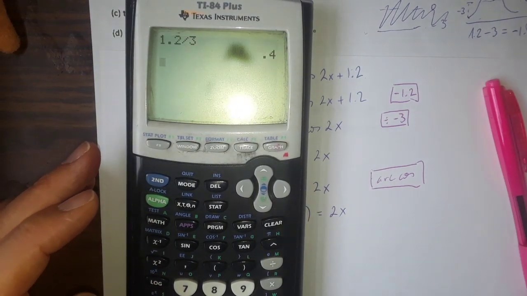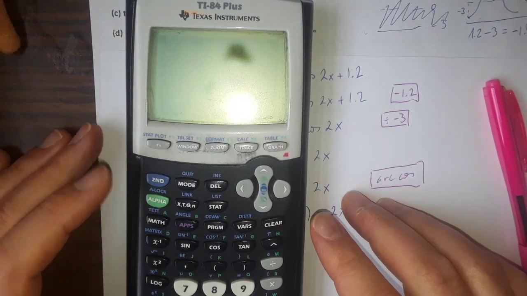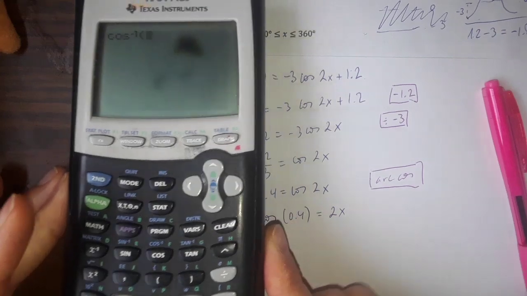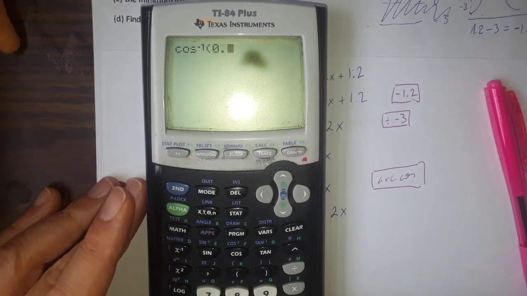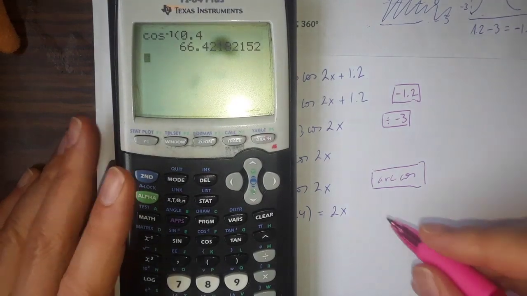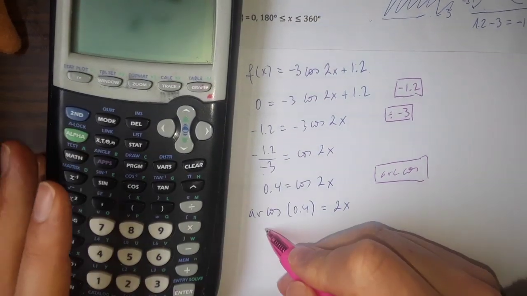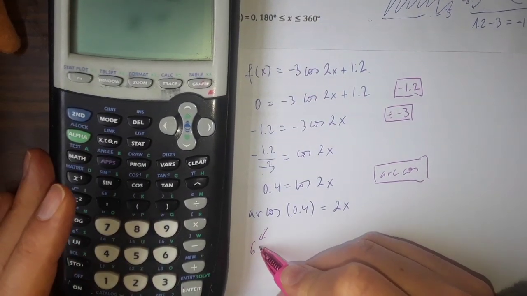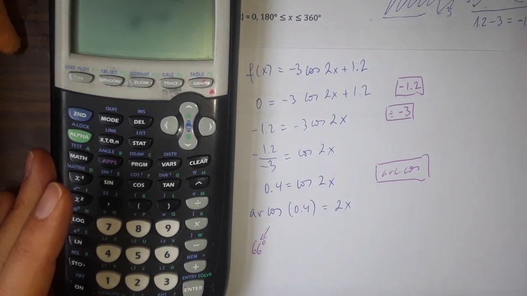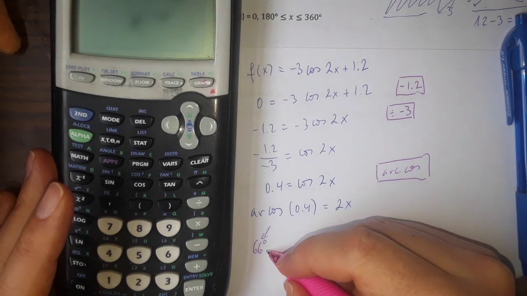So now we're going to do arc cosine of 0.4. So it's 66.42